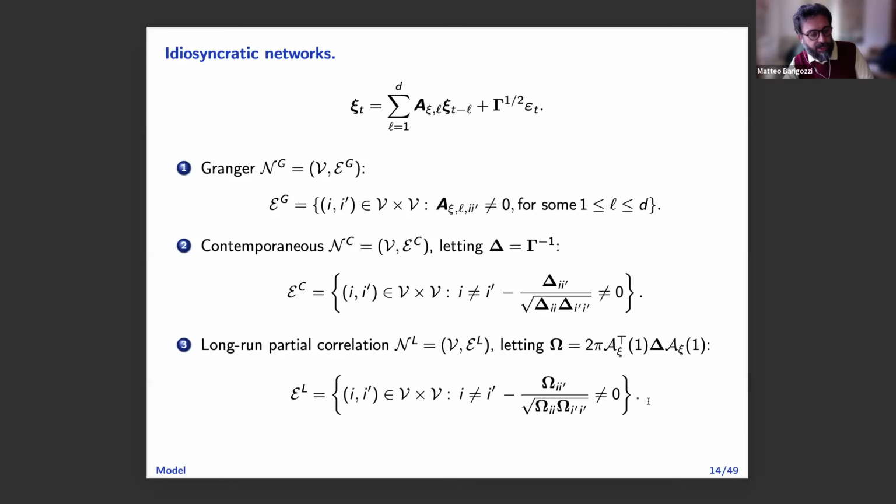So the final goal is double. First of all, to estimate these 3 edge sets. And second of all, to see if this approach can allow us to forecast. Then we will not care about these 3 edge sets, but just directly from A, try to forecast Xi, plus a forecast of the common component.